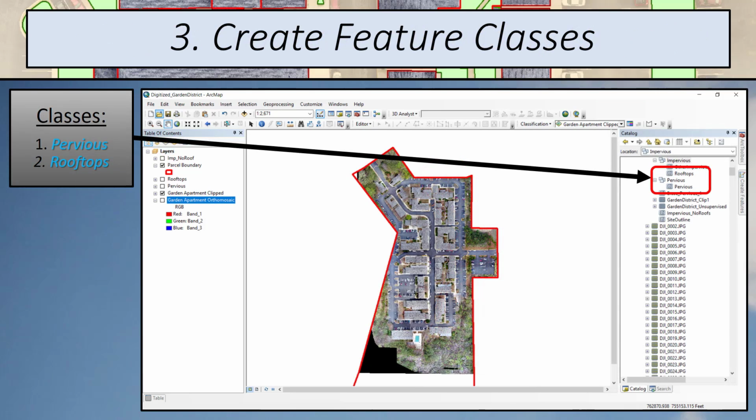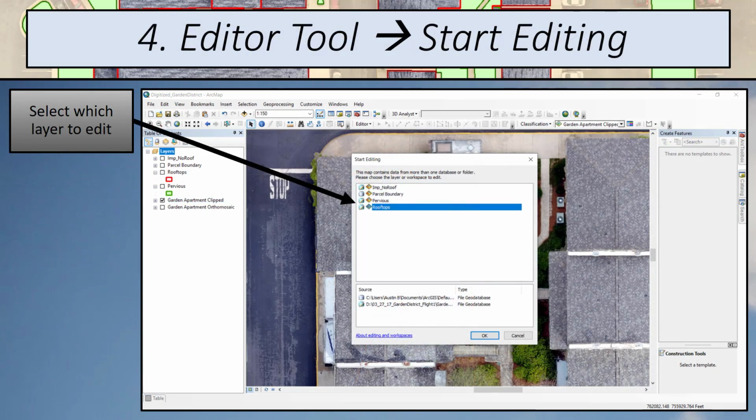Now we want to create our feature classes, which will be Pervious and Rooftops. This can be achieved by simply right-clicking in Arc Catalog and creating a new feature class or shapefile. When our feature classes are created, then we can move on to the Editor tool. This tool will allow us to physically draw over our image and create the polygons that will be used for